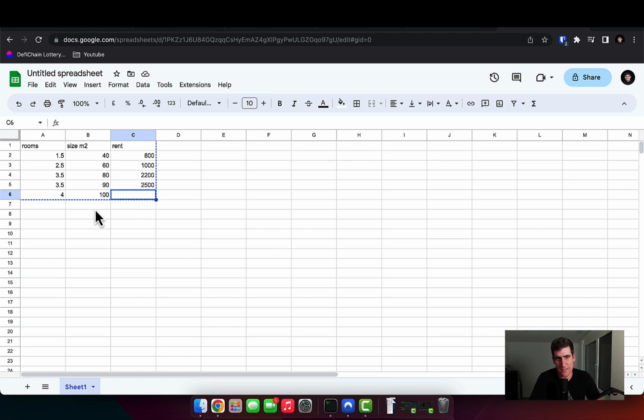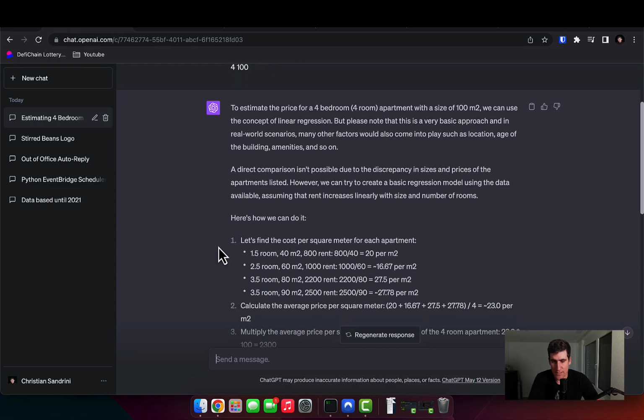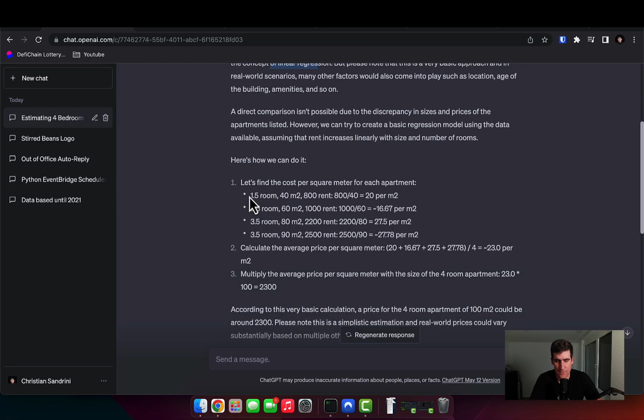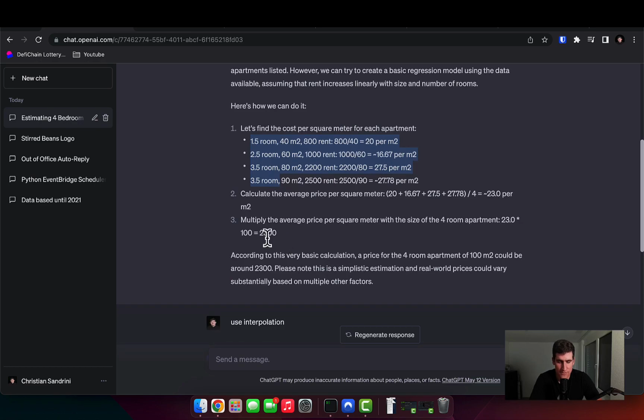Now, obviously, this is not a lot of data, so you can expect quite random answers here as for the numbers. But if I ask ChatGPT, it would immediately say that for this type of problem, a linear regression would be quite suitable, which I would agree. It comes down with all the math it does, and then in the end says, well, 2,300 seems to be a good number for this